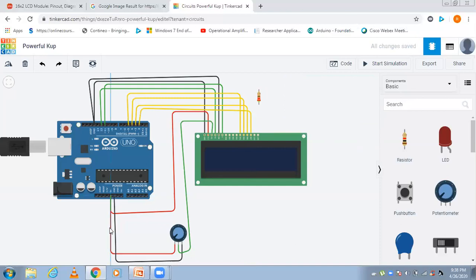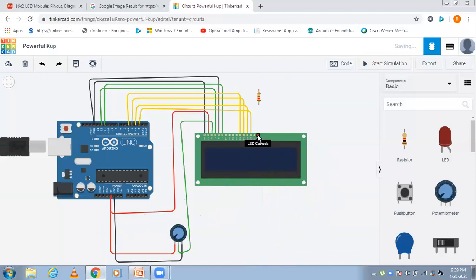So I will take one more voltage. Just I will remove this one.